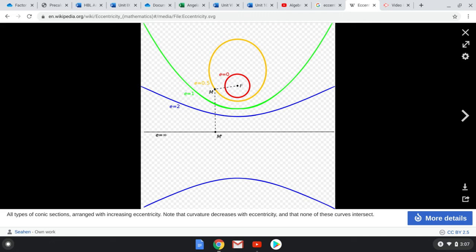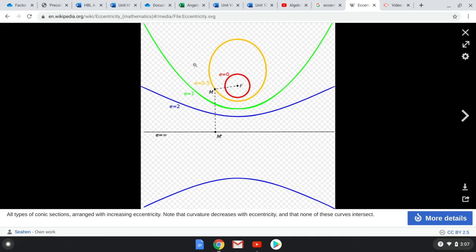Hey guys, today we're talking about conic sections in polar coordinates. But before we can do that, I need to talk about something called eccentricity. This is a picture that I found on Wikipedia because I liked the picture, so that's why we're on Wikipedia right now. Okay, so anyway,